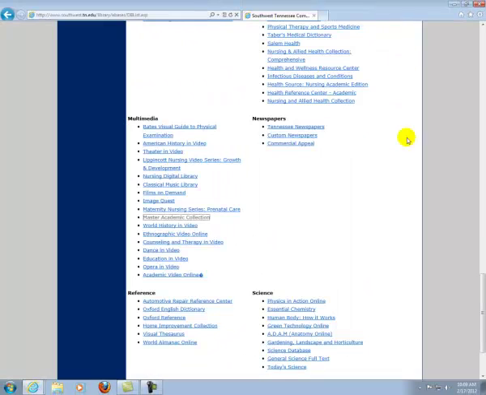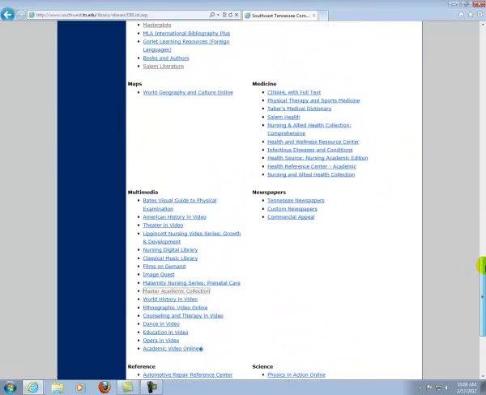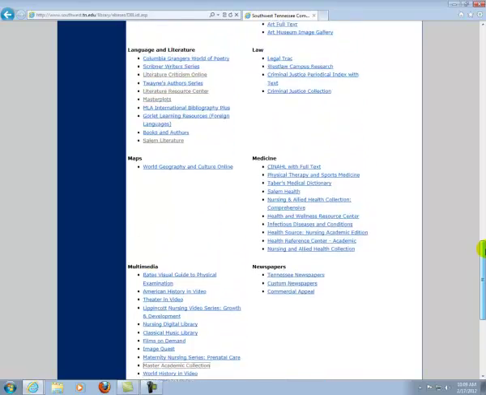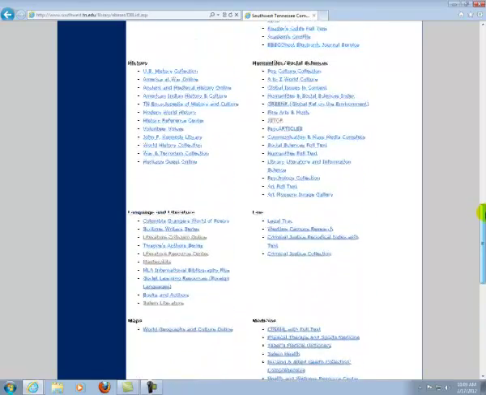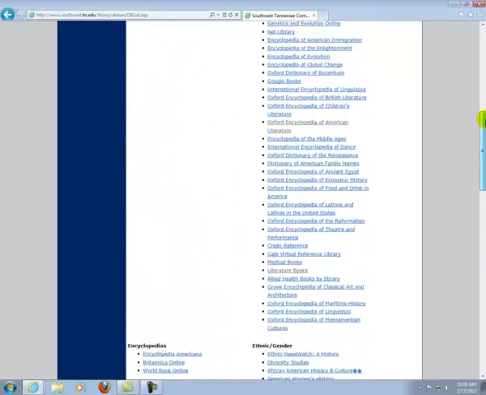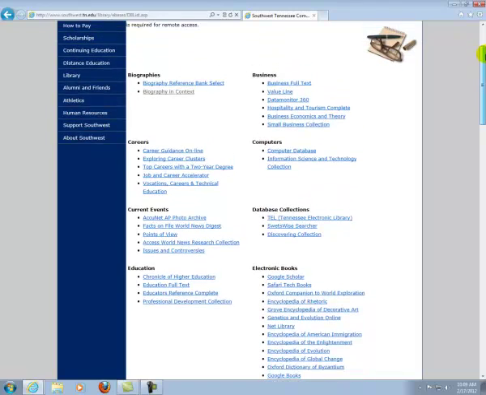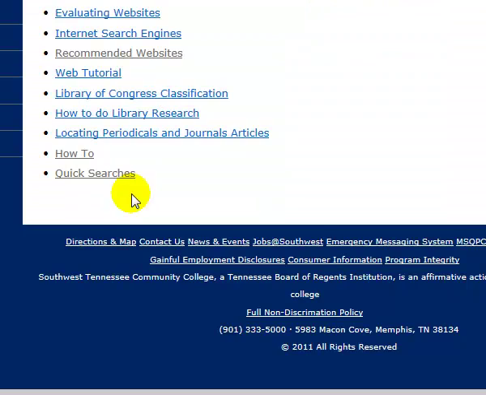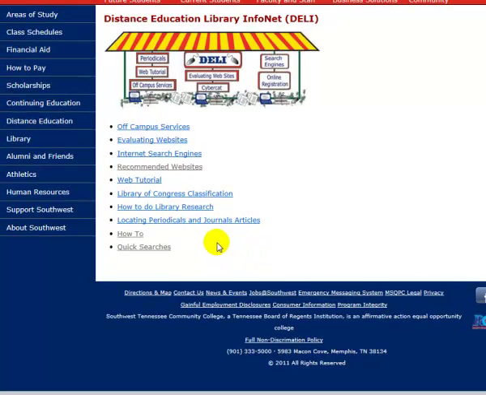All of our databases are accessible on campus or remotely. If you're working from home, it will simply ask you for your Southwest username and password, and you would have access just as though you were on campus. I'm scrolling back up, and I'm going to library to go back to the library's homepage. Next, we're going to the Distance Education Library Infonet page. This is our daily page, and I want you to go to recommended websites,